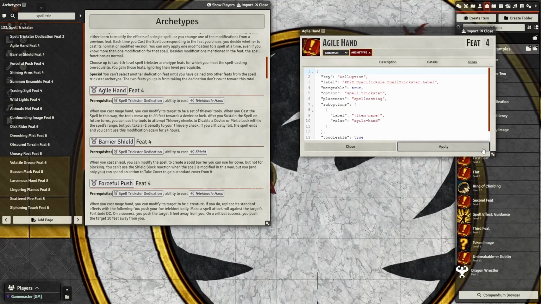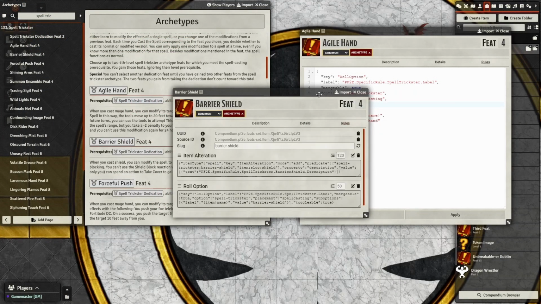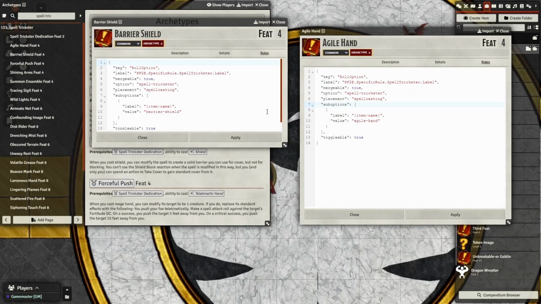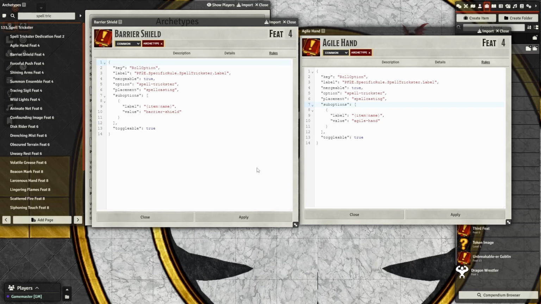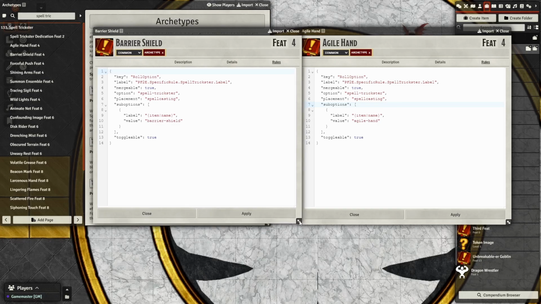So we have the roll option rule element here, right? And if just looking at this, you would think, okay, so we have a roll option, and it's talking about, we're going to do some spell trickster stuff, and it's on the spellcasting tab, and then it's got a sub option, but it's one sub option. And what's the point of a drop-down box on an actor with only one option? Well, it's because every single one of these feats has that same drop-down box. And because they have the same option, they have this spell trickster as their option,